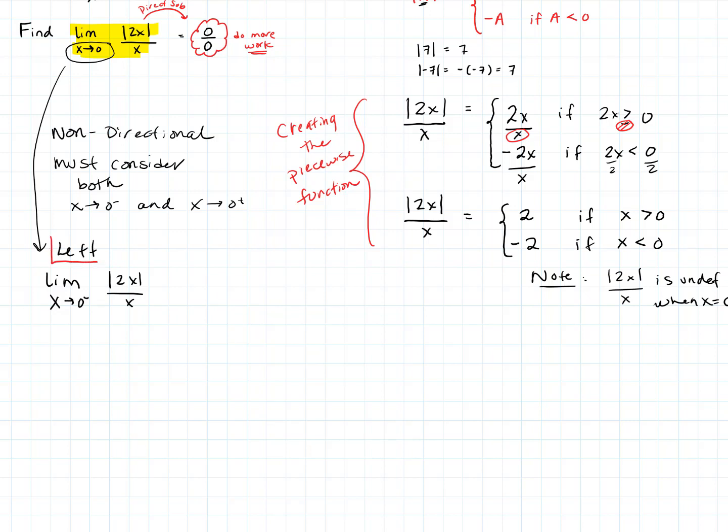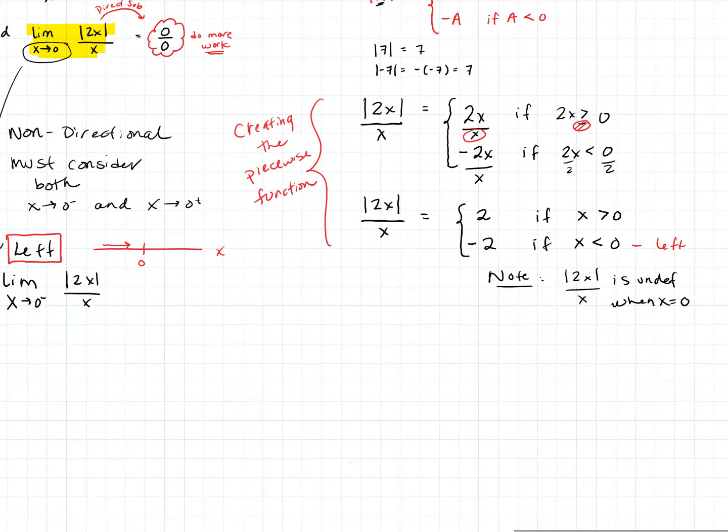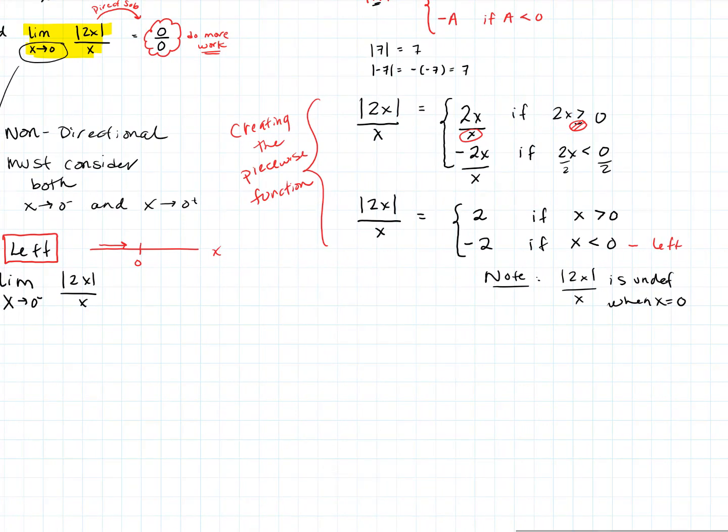So working from the left, as we're coming from the left of 0, if we think about 0, coming from the left of 0, coming this direction, if this is our x's, those are the values of x that are less than 0. So coming from the left, we go to our little piecewise breakdown over here. This is the function that we'd